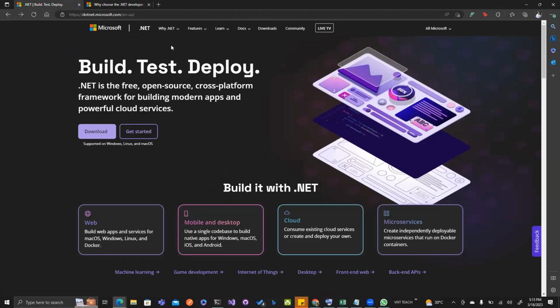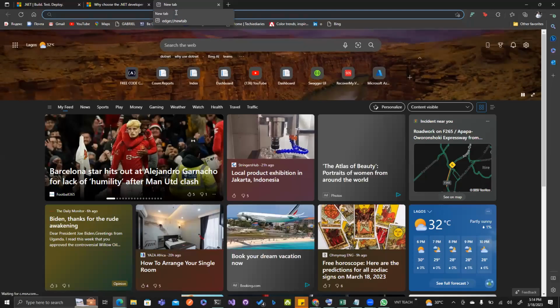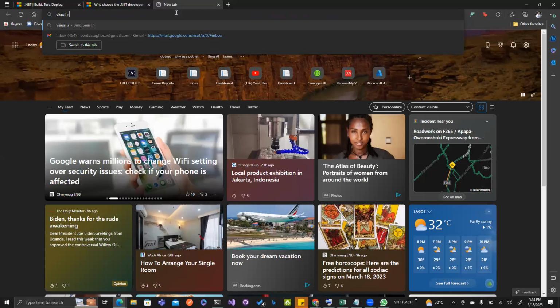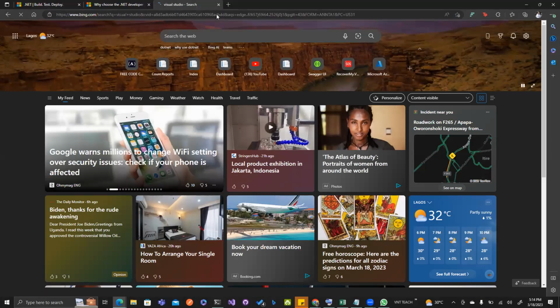Now, what do you need to do, right? So this call is more or less about setting up our PC. If you're using a Windows PC, or a Mac OS or Linux PC, what do you need to do? The first thing you need to do is to get an IDE or a code editor. The IDE is probably Visual Studio, and the code editor is Visual Studio Code.